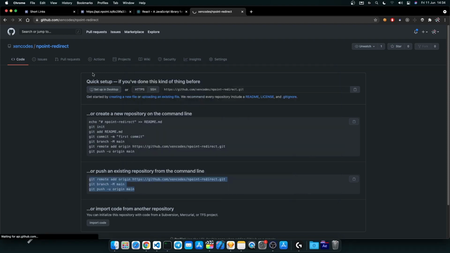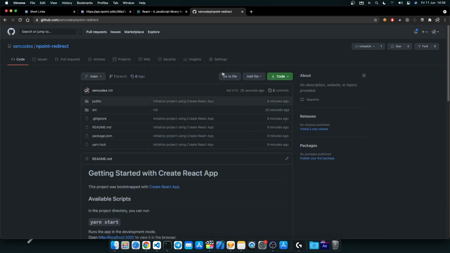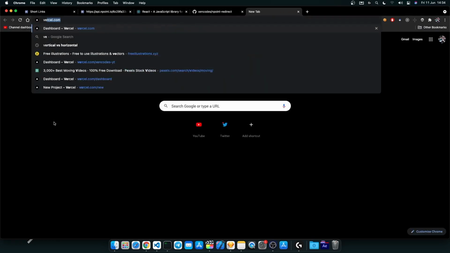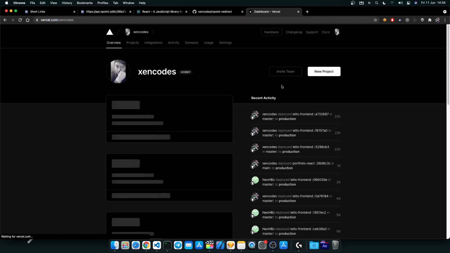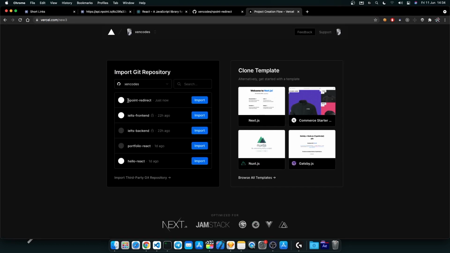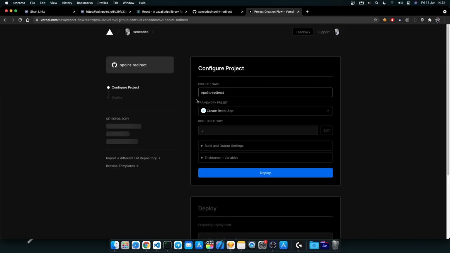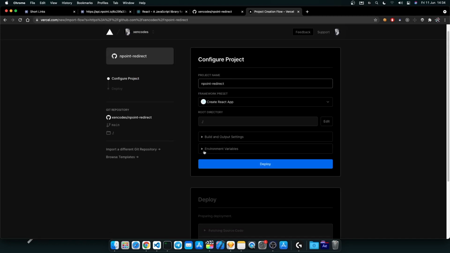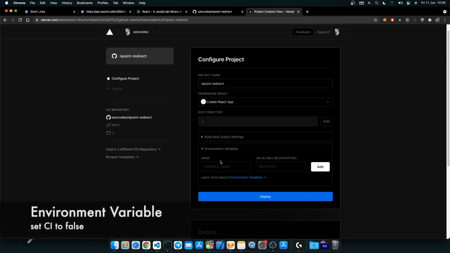And there we go. There's our code on GitHub. Next, go to vercel.com, and in here you want to create a new project, and choose endpoint redirect we just created. So just click on import, and the next thing you want to do is go to environment variables and